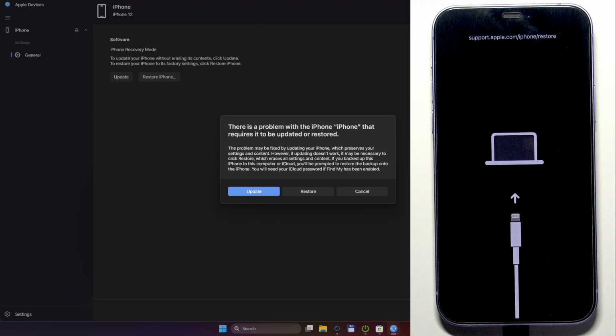But on Windows, it's in Apple devices, and on macOS, you need to open the Finder app. And in Finder, you will have the same thing displayed. Your iPhone will be listed in the sidebar. You can click on it, and then you'll see this. And update doesn't erase the content of the phone. Sometimes for fixing the issues, it may be helpful, but restoring will also reset your password and delete all the data. So I'll do restore,